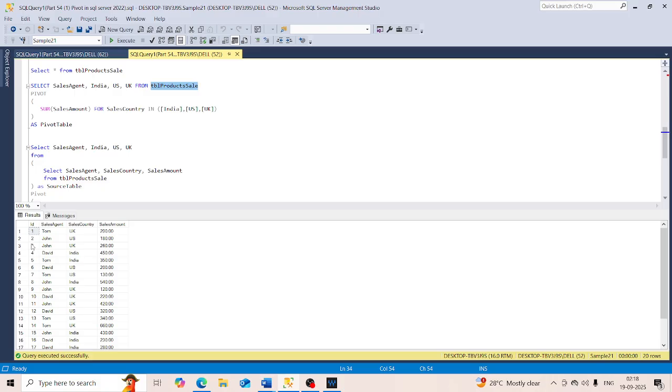Because of the presence of this ID column in the original table,